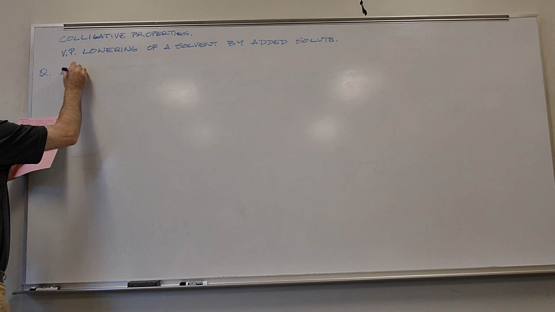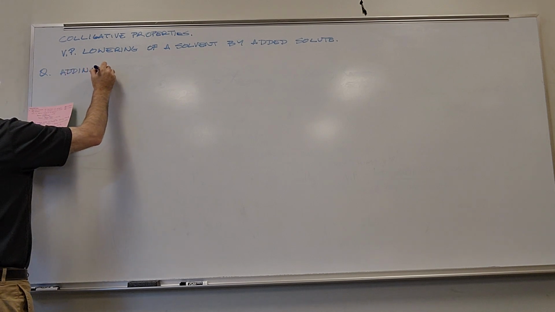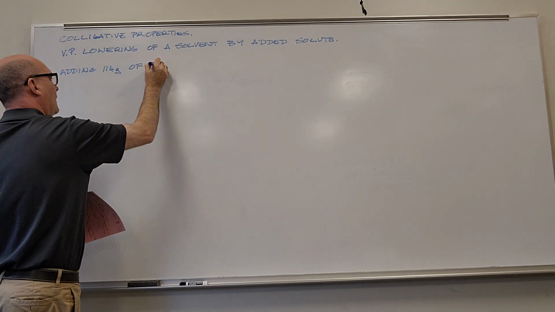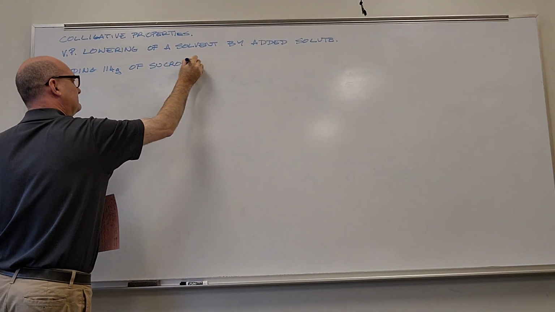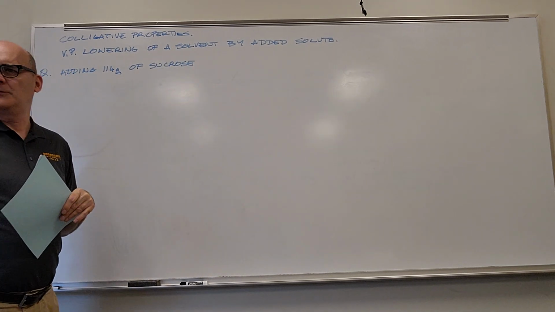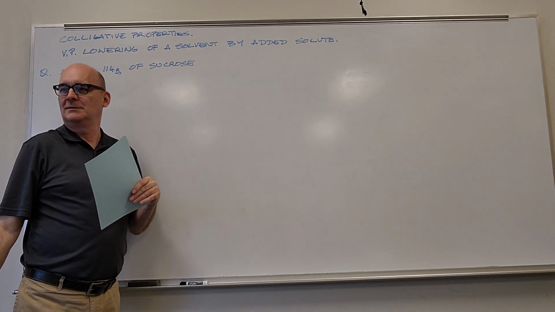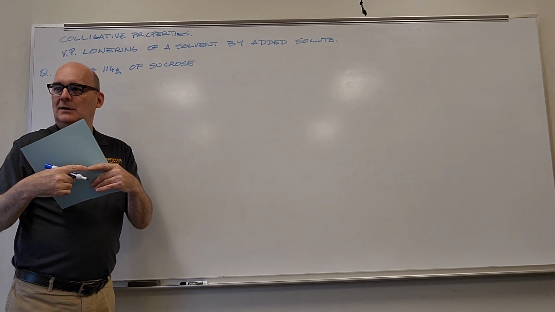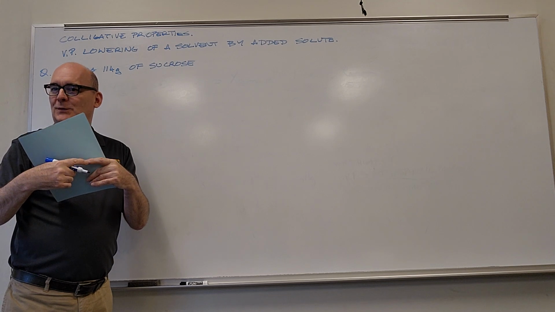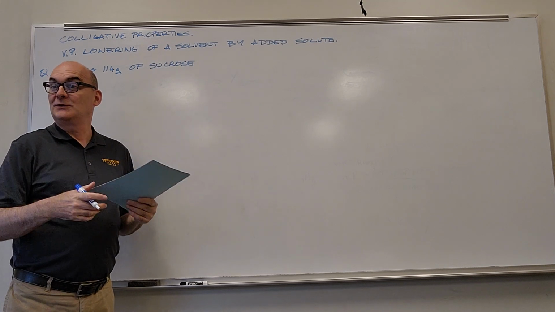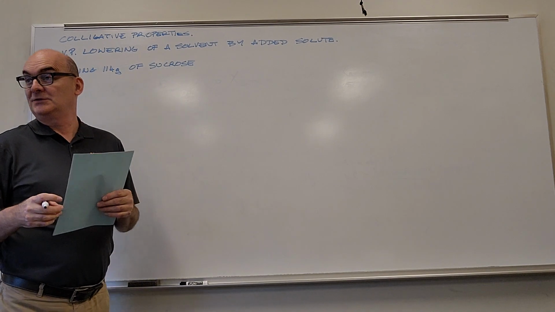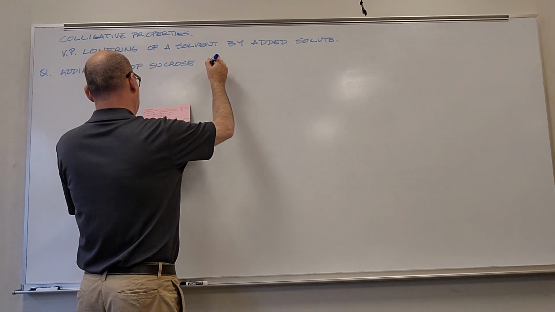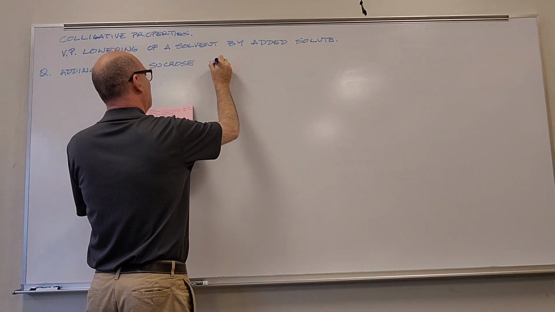Here's a question. If I add 114 grams of sucrose, do you know what the formula mass of sucrose is? It's a fructose and a glucose stuck together. Each of those is C6H12O6. Stick those two together and lose an H2O. So that'd be C12,